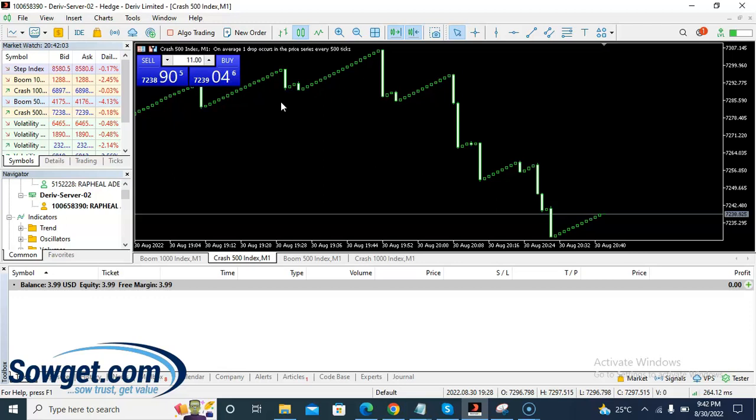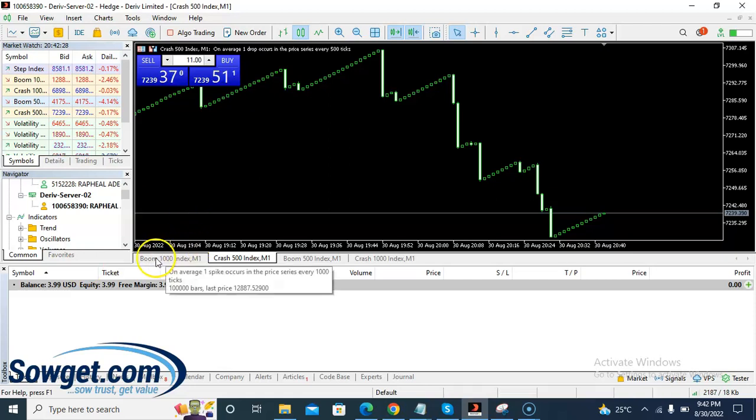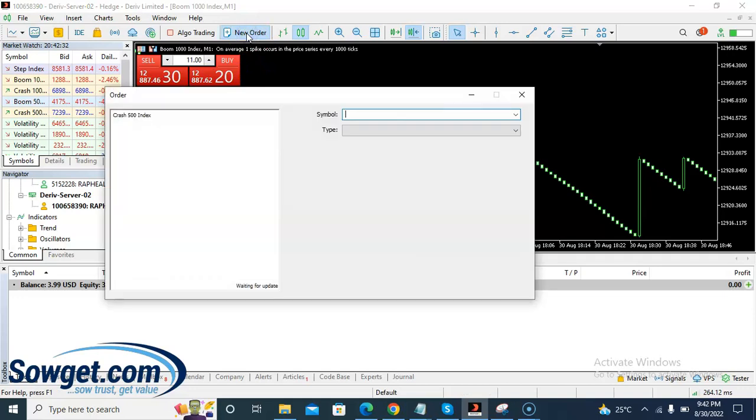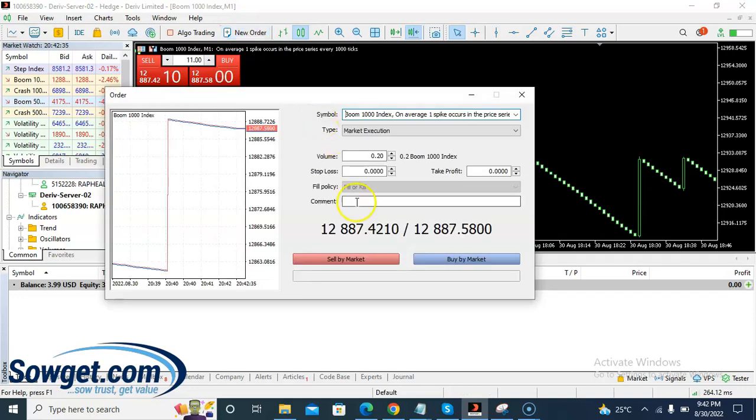So if you want to trade boom or crash on the Deriv MT5 platform, of course, like I told you initially, the minimum lot size you can open is 0.2, which is 20 cents per pip. So for such a trade to open, you just need to come to this new order. You can see on my account I have a balance of 3.99 USD, which I just want to show you for the testing. So if I come to new order, let's say I'm under this boom 1000 index, if I click on new order, and then let's say I want to take a trade with 0.2,